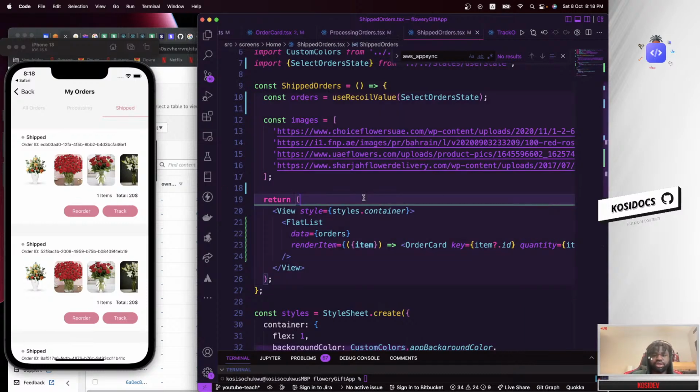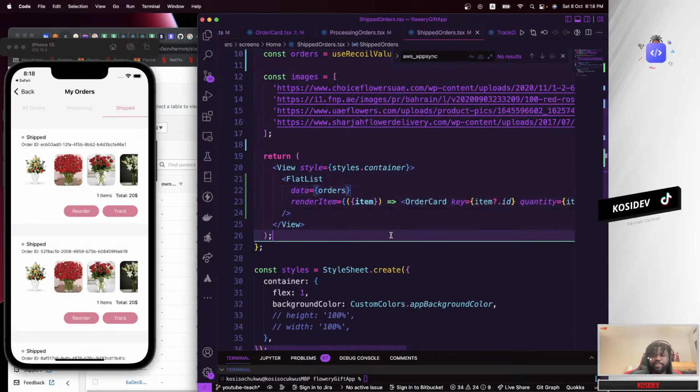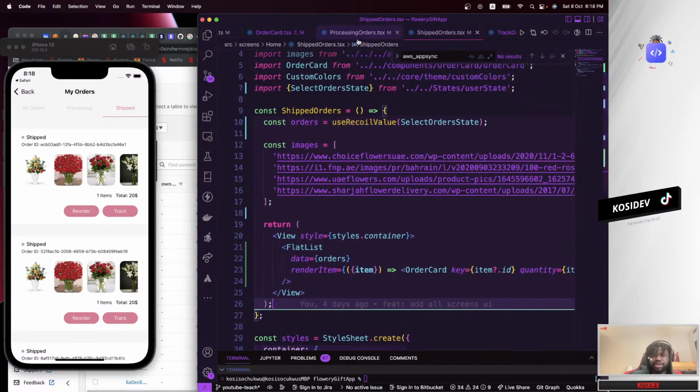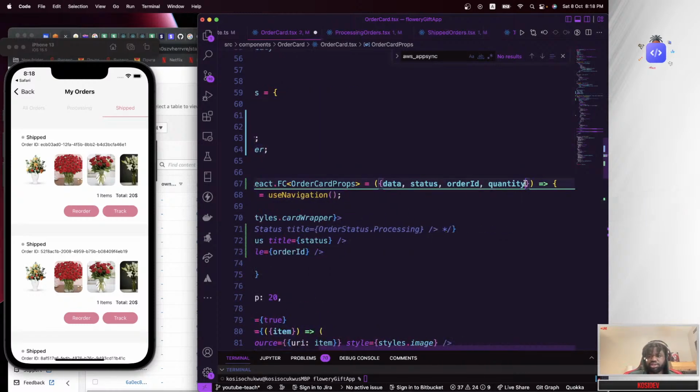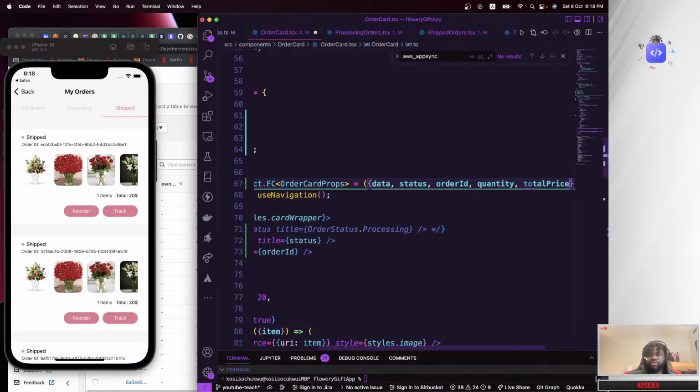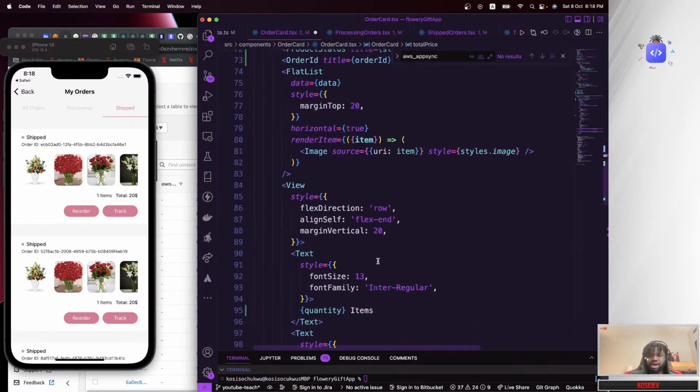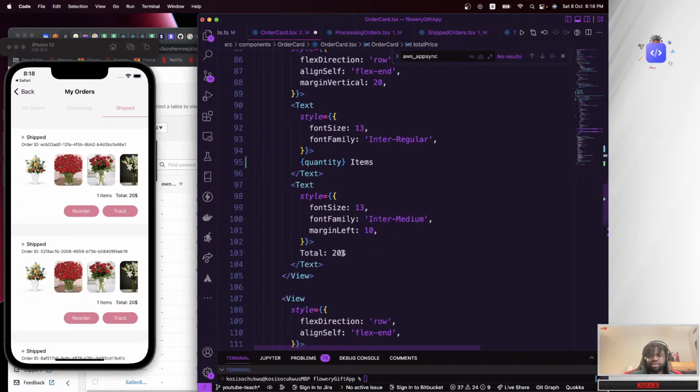Next is basically we need to figure out how to pass the total for each of these orders. What would the total be? To fix this, I'm going to say total price, which is a number, in the order card. Get the total price, and use that to replace what we have here. So this should say total price.